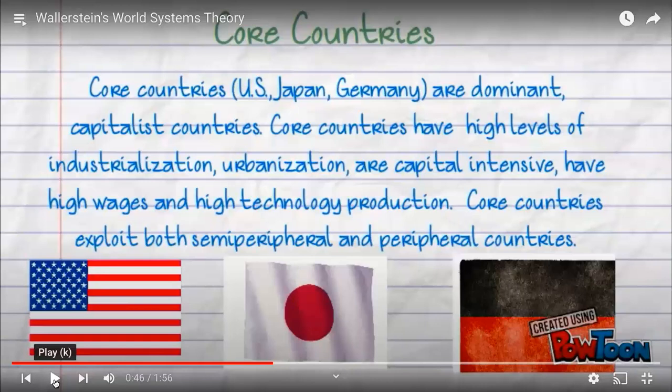Diba? Yeah, urbanization, capital intensive, have high wages and high technological production. They can produce, because of their technology, kaya nilang mag-manufacture ng marami. They are the manufacturers. Core countries exploit both semi-peripheral and peripheral countries. Merong inequality. Later, malalaman natin ano yung exploitation na